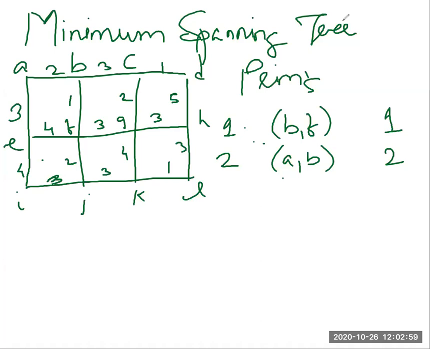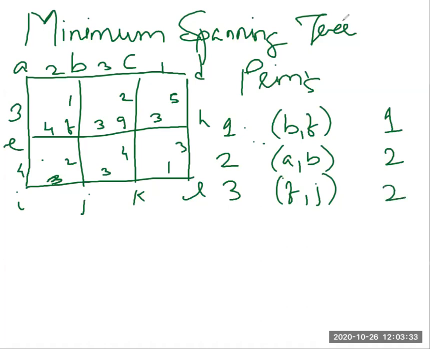Now consider the edges incident on A, B, and F because these three vertices are in the tree. So we'll consider edges A to E. We can consider the edge E to F, F to J, F to G, B to C. Out of this, the edge F to J is minimum with what value? We will add F to J, and the cost is 2.